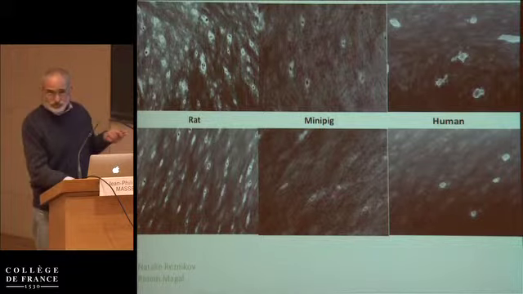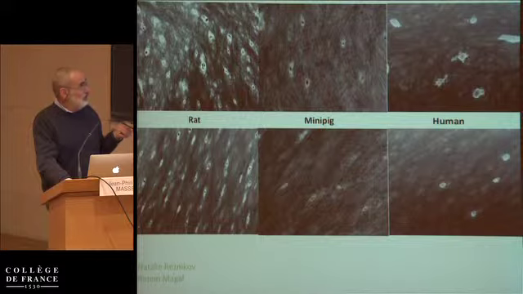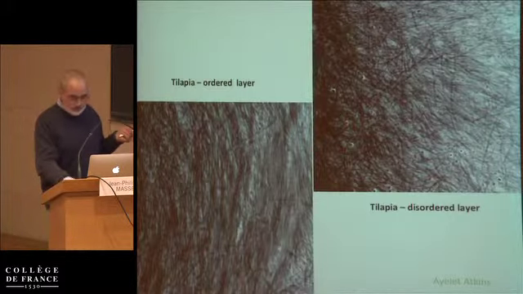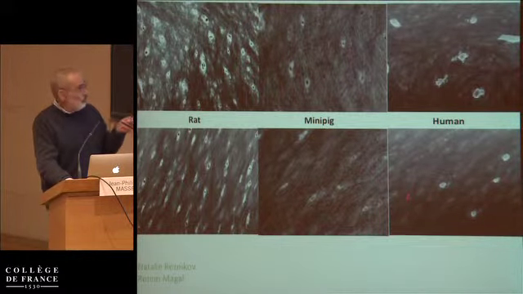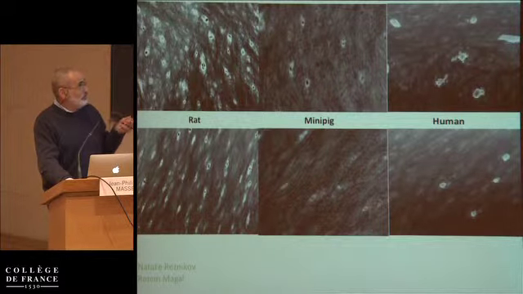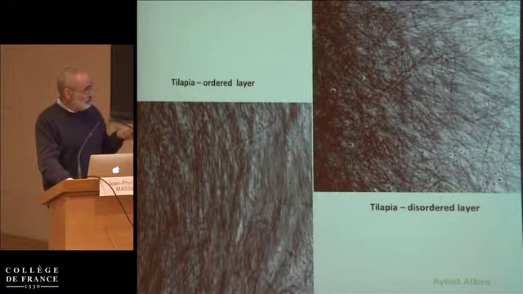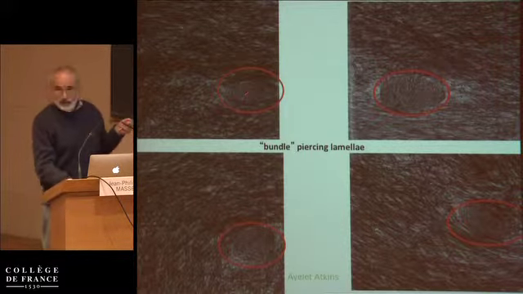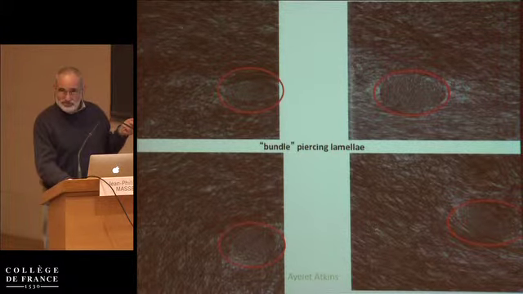First, I'll show some examples when we did this to mammals: a human bone, mini pig, rat, and you can see that the fibers are either parallel, organized, or disorganized. There is always a small part of the lamella that is disorganized. When we looked at fish in the beginning, it looked the same, organized, disorganized. However, when we looked closer, we could see every about, I know this brings tears of joy to Jarrett when I mention these numbers,